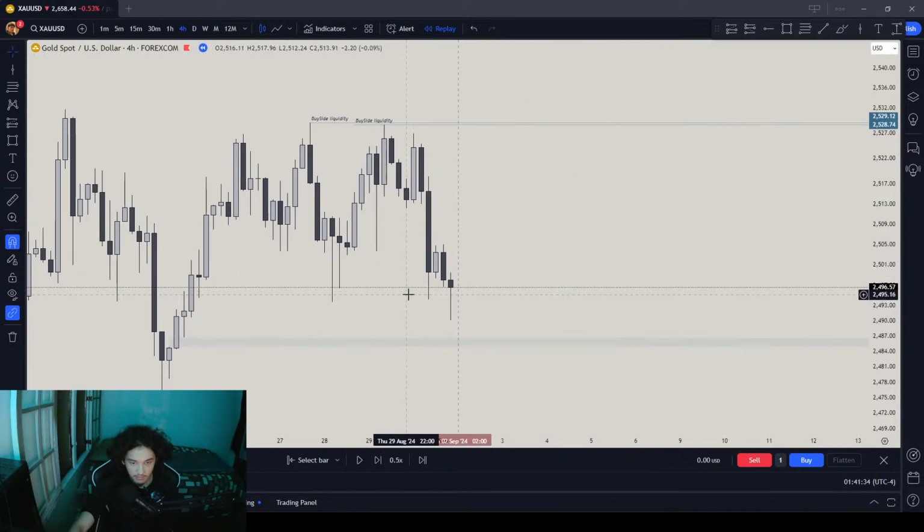Market moves out of liquidity, so market touches fair value gap now. From here, the next obvious one to the upside. This one got invalidated. This one got invalidated. Now this one got invalidated. So next one is from here, sweep liquidity. Next one's from right back to internal, right? So because